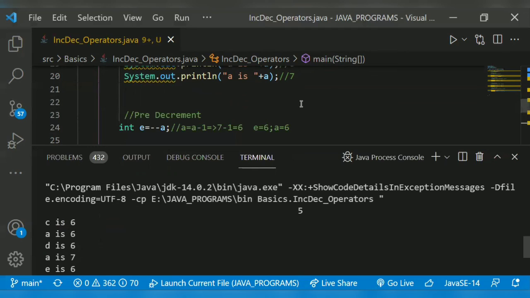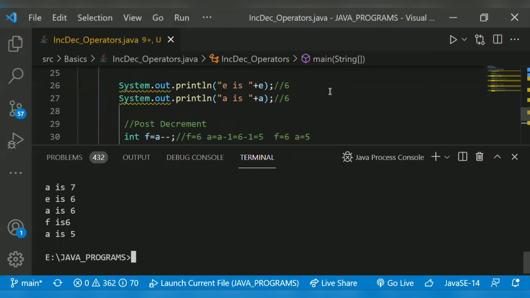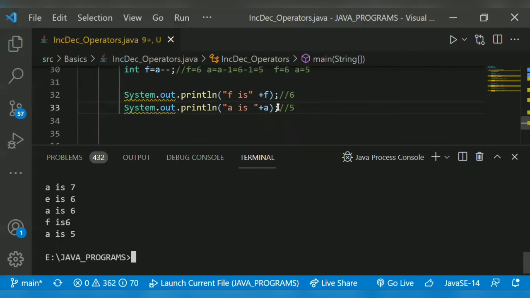Then pre-decrement, e is 6. Then a is 6. f is 6. Then a is 5.